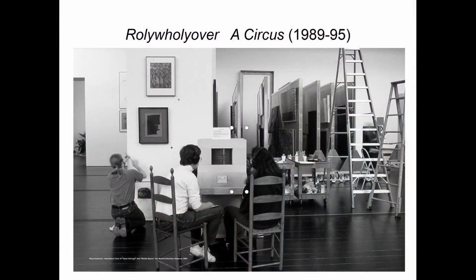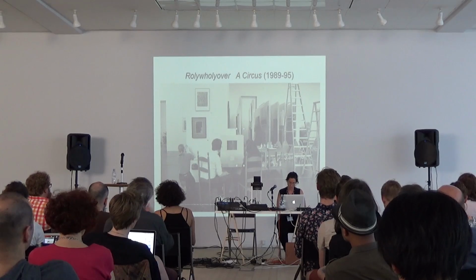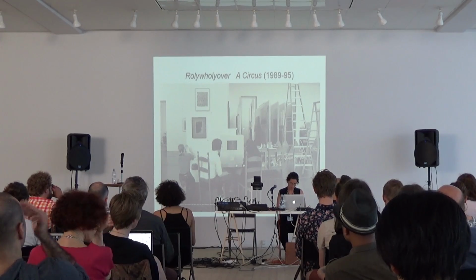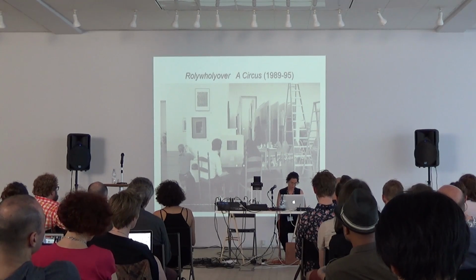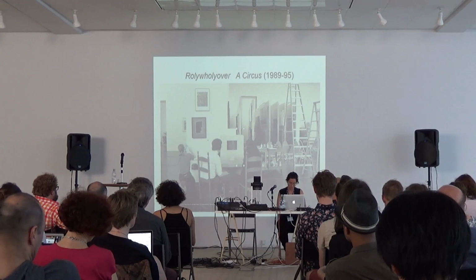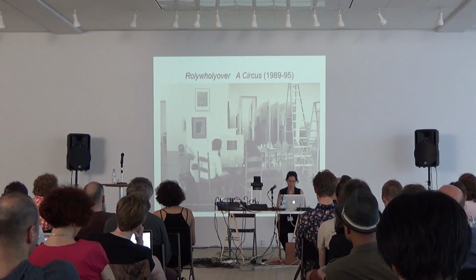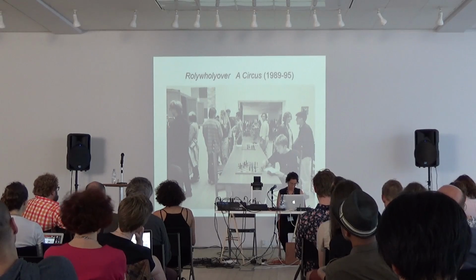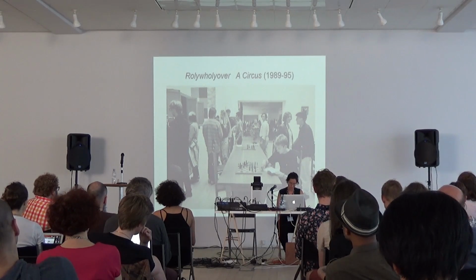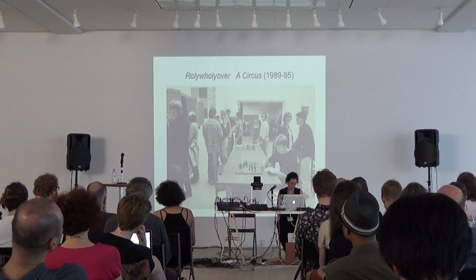This entailed, firstly, that Rolywholyover was a performative event. Hundreds of artifacts, plants, rocks, and pieces of ephemera were subjected to a chance-derived computerized score in which the displayed objects were referred to only by number. In one of the movements, the main circus, visitors could see a computer printing out generated changes, which in turn were translated to works being hung on the walls and taken down during opening hours by gallery installers, as we see here, basically. In another movement, the museum circle, visitors could play chess, read books, and enjoy other lifelike experiences in the gallery.